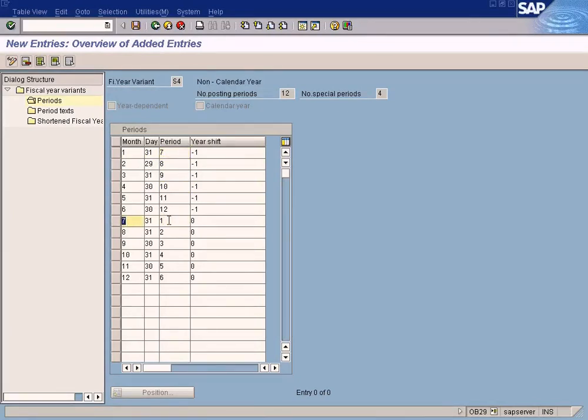So I defined my period is starting on July 31st, first period, second period, third period, fourth period, fifth period, sixth period, and the 7th period will fall on January 2010. January 2010, and therefore